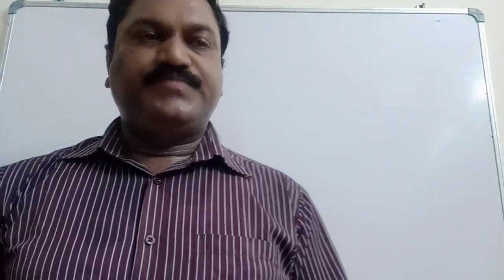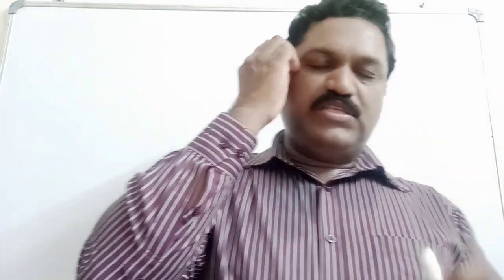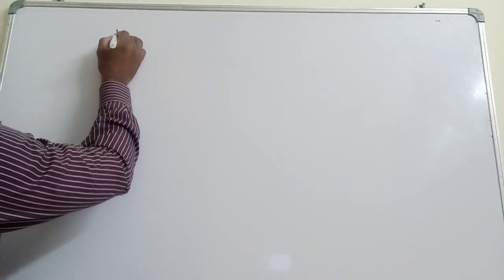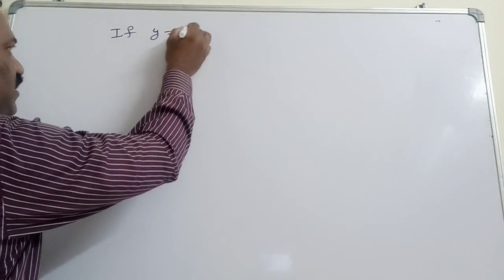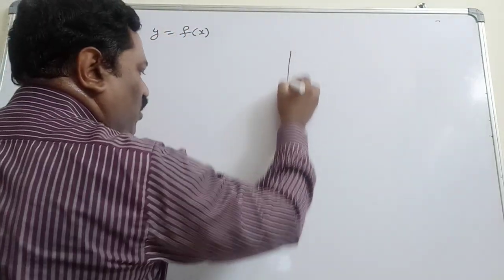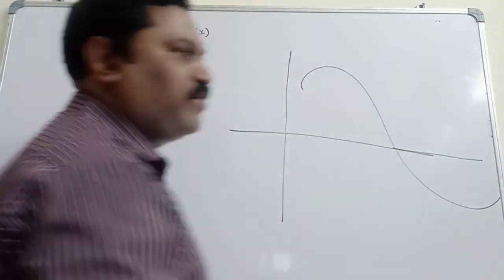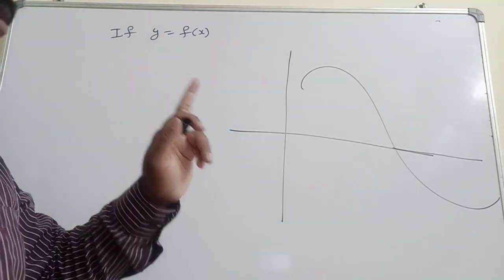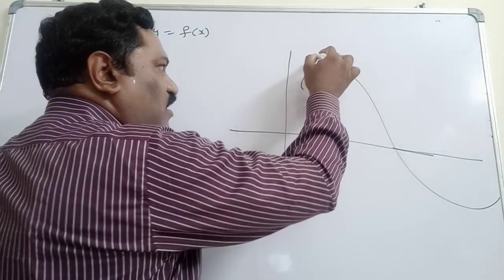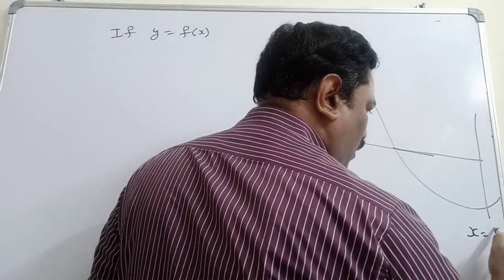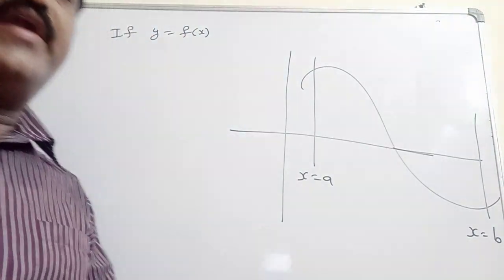Okay, so in some cases, for a single curve also, some amount of the area may be available above the x-axis and some amount below the x-axis. In certain cases, how do you find the area? Suppose y is equal to f of x is the given curve. If you draw the graph of that curve, let us assume the graph of that function is like this. I want to find the area bounded with the x-axis between the lines x is equal to a and x is equal to b.